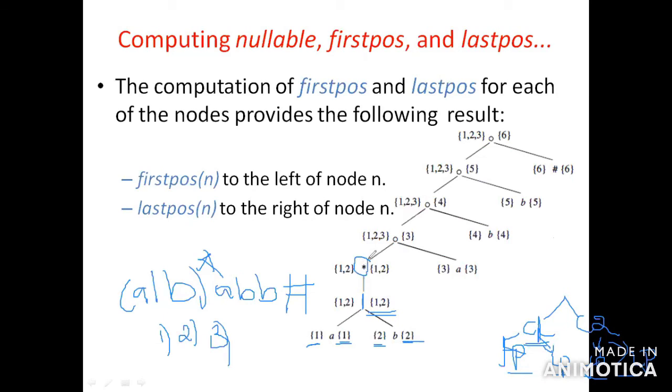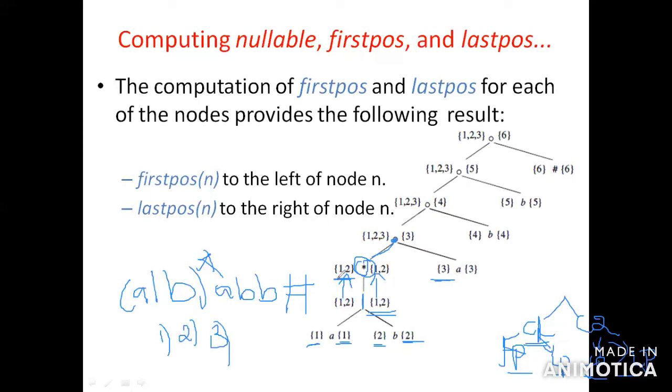Cat node, star node means you have to merge for the same thing. First position of C1 value you have to write. Star means last position of C1 value you have to write. Then here check. This is for the cat node. Cat node means what will we do? You have to check the previous thing. Star is nullable, so you have to check. You have to merge the first position of C1 value and the last position of C2 value.